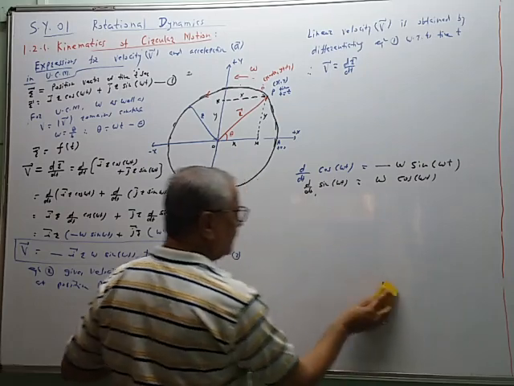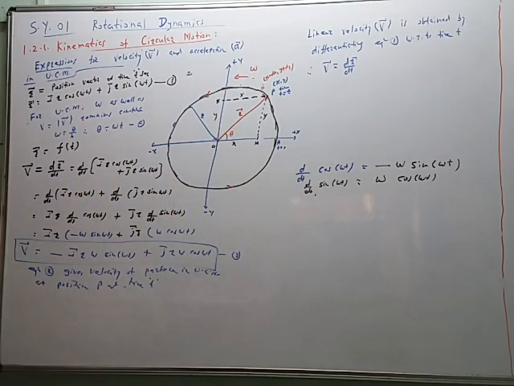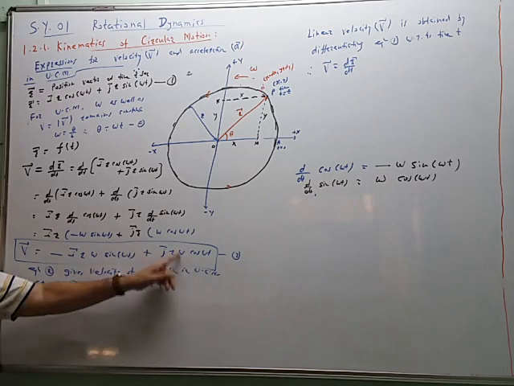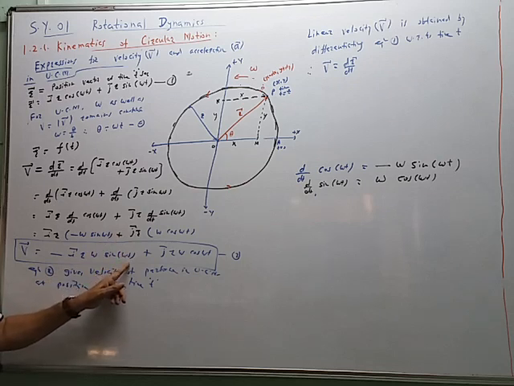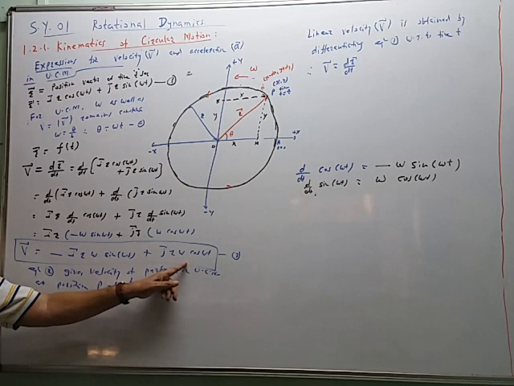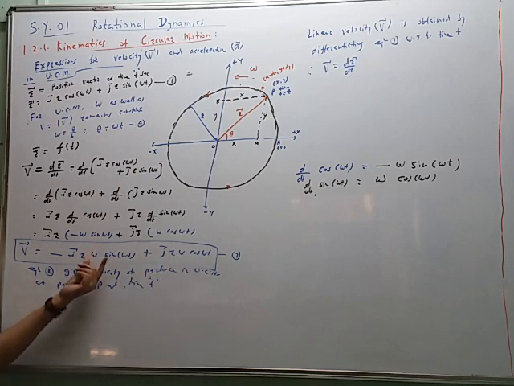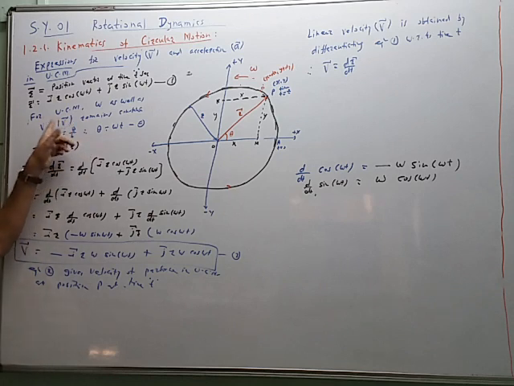So position vector at time t is given by equation 1. Velocity at time t is given by equation 2. Again, in this equation, i and j are constant vectors. R is the radius of the circle, constant. Omega is constant because UCM. Again, t is the independent variable. So as time changes, the x and y components of the velocity vector will change. Therefore, velocity vector will change. For UCM, v is constant in magnitude, but direction will change.